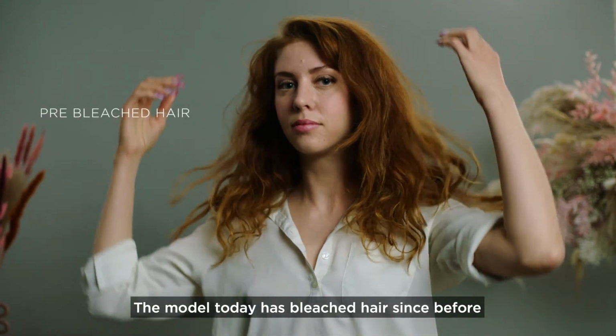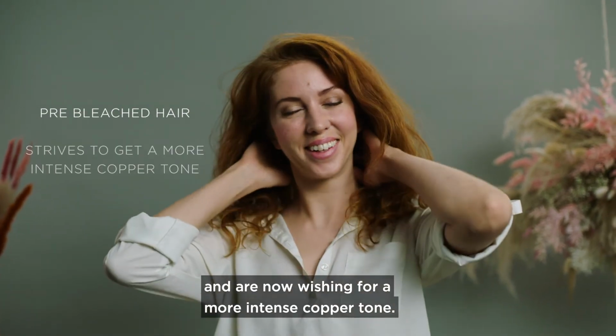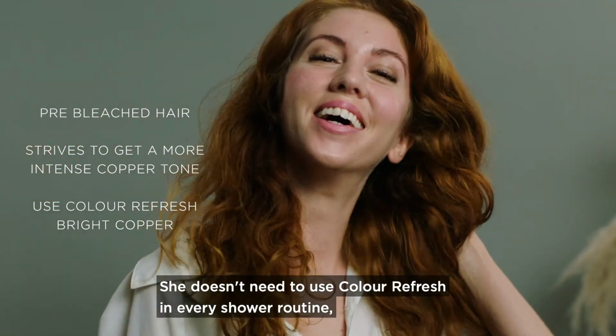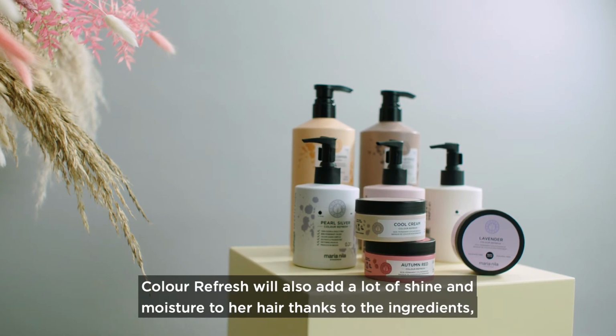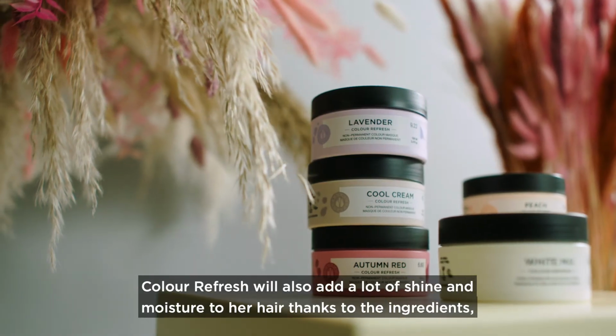The model today has bleached hair since before and is now wishing for a more intense copper tone. She doesn't need to use Color Refresh in every shower routine, but it's perfect to have at home to refresh her color when needed. Color Refresh will also add a lot of shine and moisture to her hair, thanks to